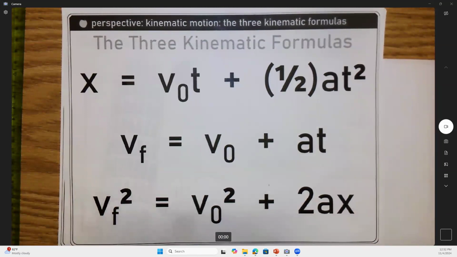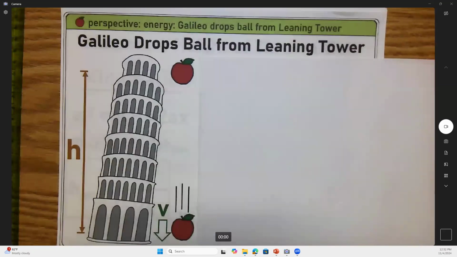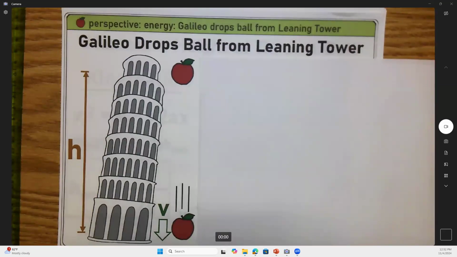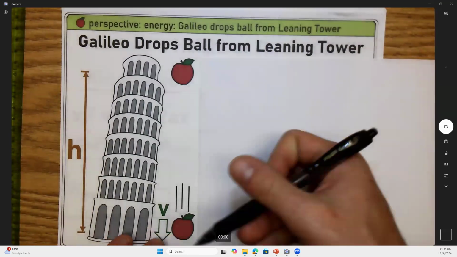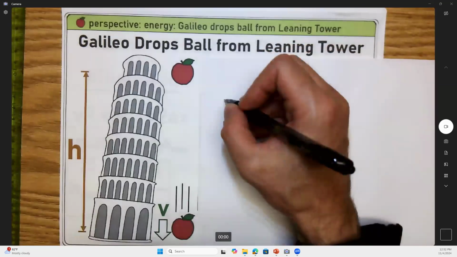What I want you guys to see is that whether you solve it this way or the new way with conservation of energy, you'll get the same answer regardless. Right now this new conservation of energy method will look like just a different way to do it. Some puzzles you can solve faster using this new method. Some puzzles are way simplified using this energy method. Let's go back to the old way.